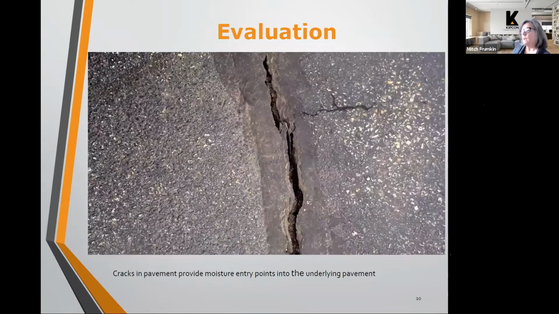Another type of crack we see a lot are these open cracks. Now they can form for several reasons. As pavement ages, it shrinks. And the cracks open a little wider every time you go to maintain it. They open in areas of seams where, when they lay down the pavement initially, there's a seam between the passes of the screed that has a sort of weak point there, that when the pavement does shrink,